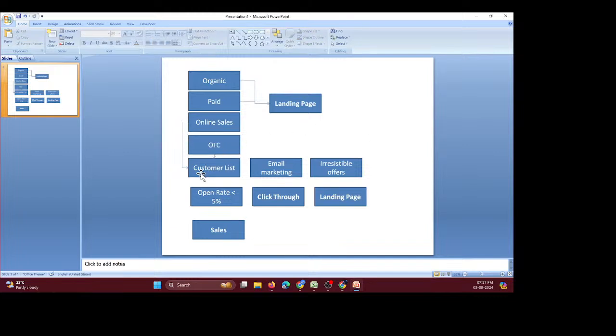Now, customer list to email marketing, irresistible offer, open rate, click rate, this. Okay, now organic. How will organic and paid traffic get traffic? So what we can do is bring this a little bit this side,